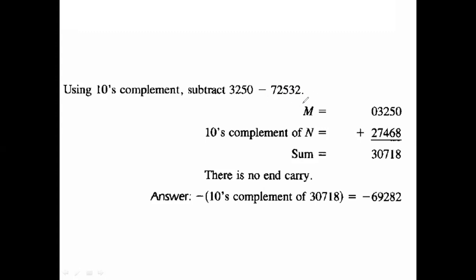Okay, so further if you are calculating the tens complement then this is the tens complement. Okay ma, now here take this number 03250 and the tens complement of n. Okay, we are adding these two. Then 0 plus 8 8, 5 plus 6 11. 1 is sum and 1 is carry. 1 plus 2 3, 3 plus 4 7. 7 plus 3 is 10. So 1 is carry, 0 is sum. 1 plus 2 3. Okay amma, here no carry will be there.